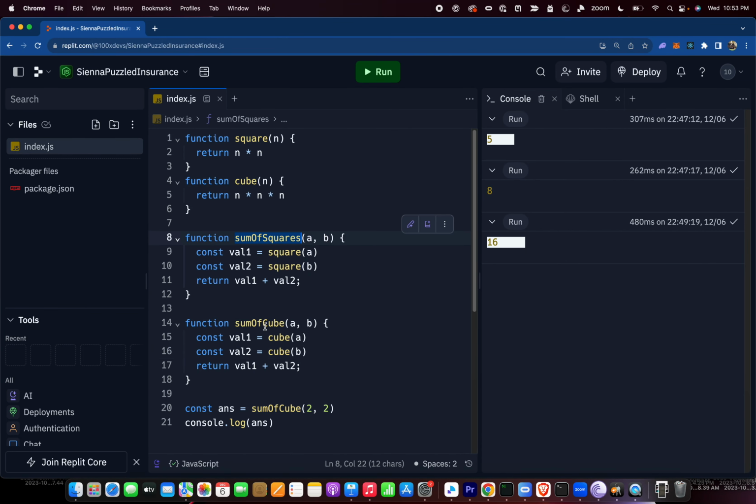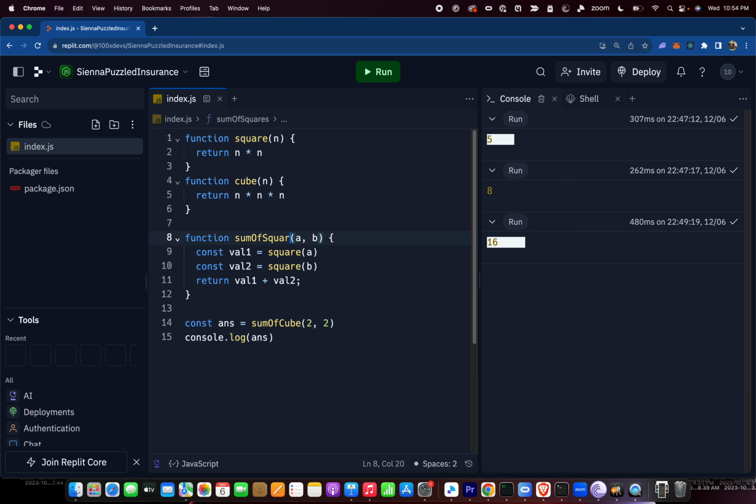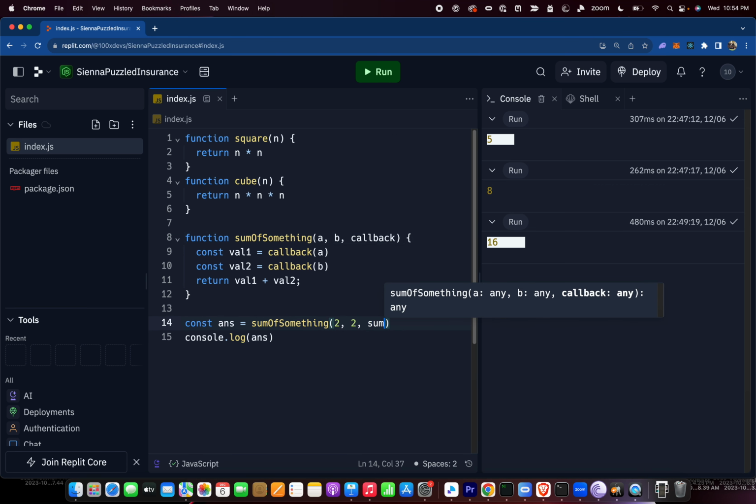I have sum of squares, I have sum of cube. I'm going to remove this one. I'm going to call the first one sum of something and add a third argument here called fn. You can call it anything. Most of the time this is called callback or CB. So let me just call it callback. And I'm going to replace both of these with callback. Lastly, when I'm calling this, I'm going to call it with 2, and maybe sum, which is square,